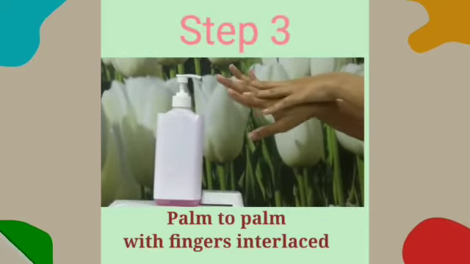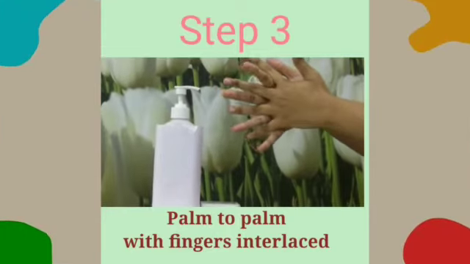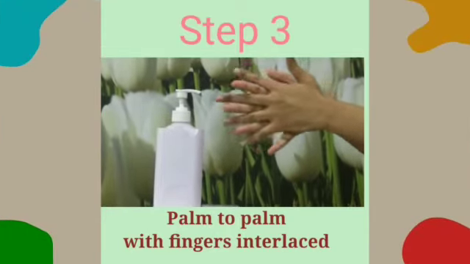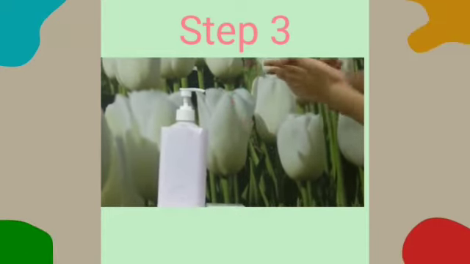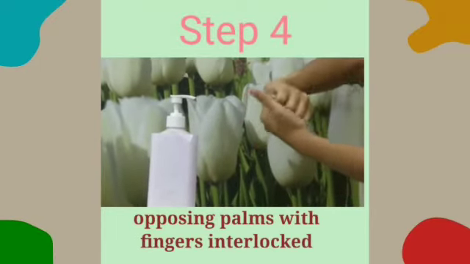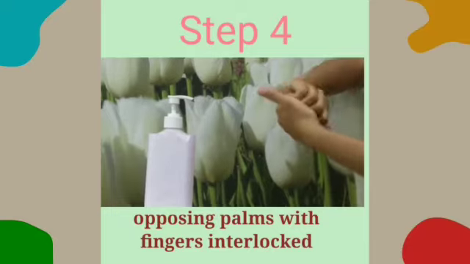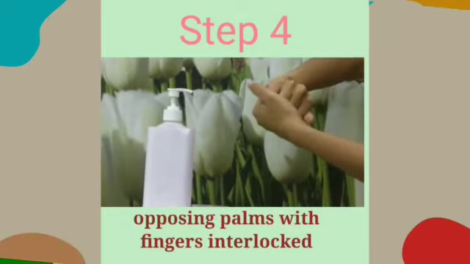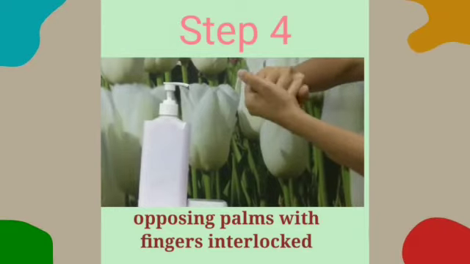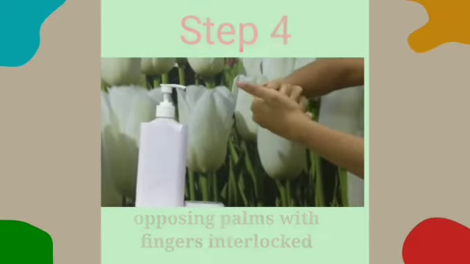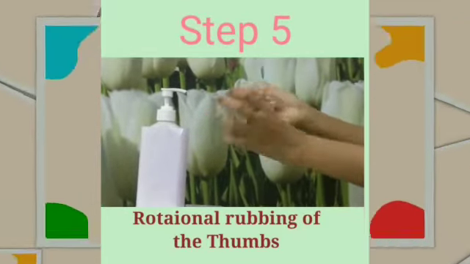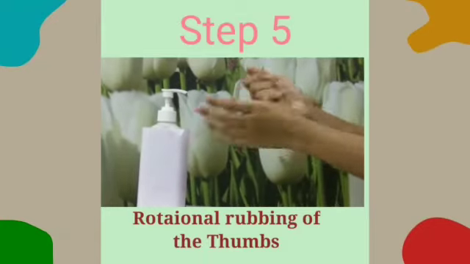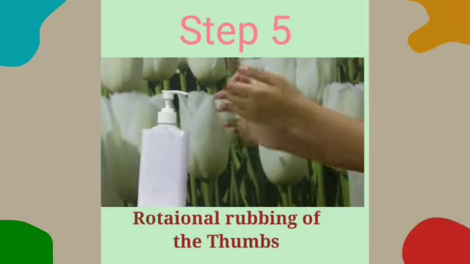The next step, that's the third step, is you have to get the palms together and start rubbing it, but then this time with intersecting the fingers. The step 4 of hand rub is you have to keep the palms like this and start rubbing the backs of the fingers as shown here with the palm of the other hand. So now step 5, we have to rub the thumb in a circulating motion as shown with the other hand. The same has to be repeated on the other hand also.